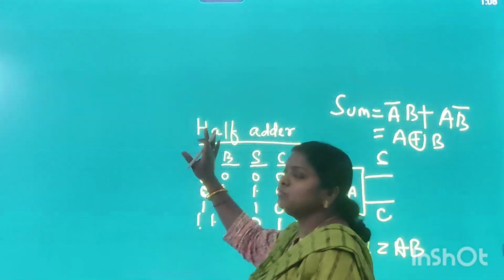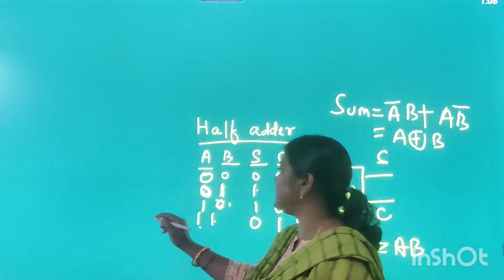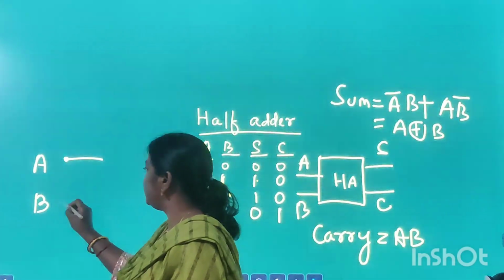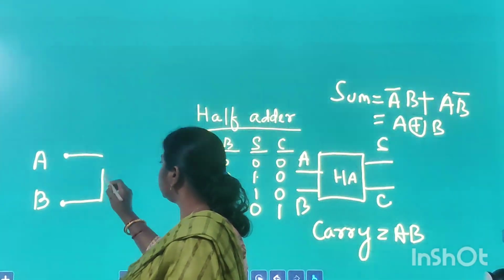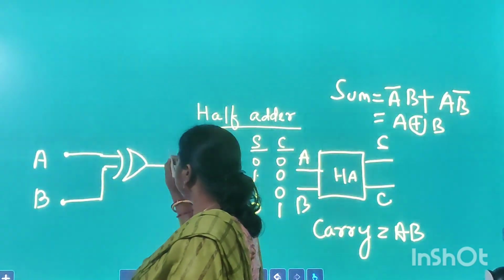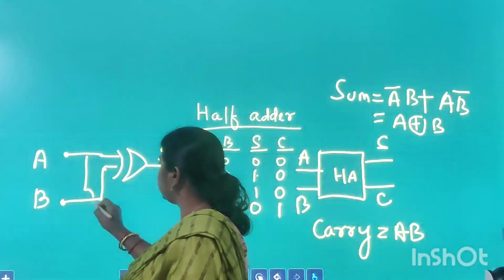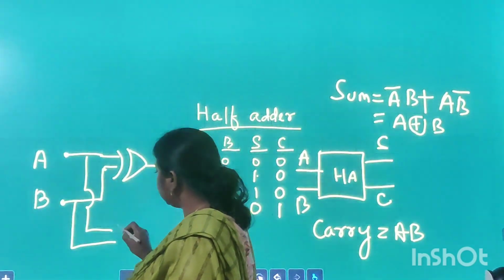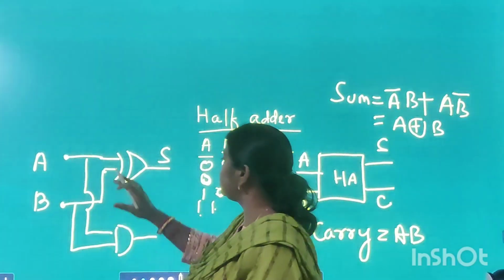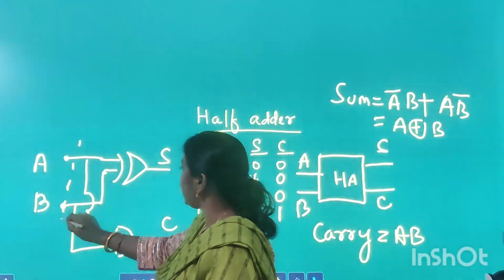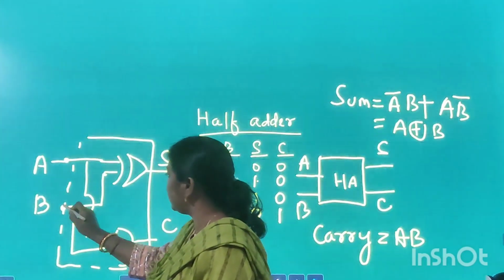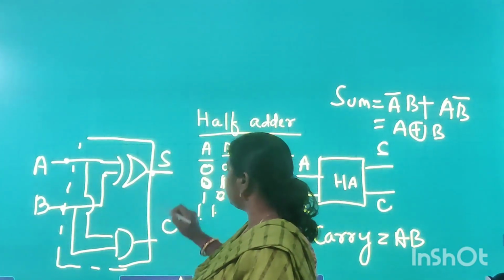So now how will we design the logic circuit of the half adder? If I give one input as A and another input as B, then I can design the sum circuit by taking two inputs to an XOR gate whose output is sum, and for carry I can take an AND gate. This circuit will give me the carry. So this is the internal circuit behind a half adder circuit in which we have given two inputs A and B, and we are taking two outputs, sum and carry.